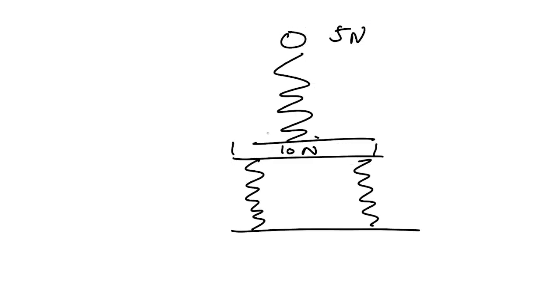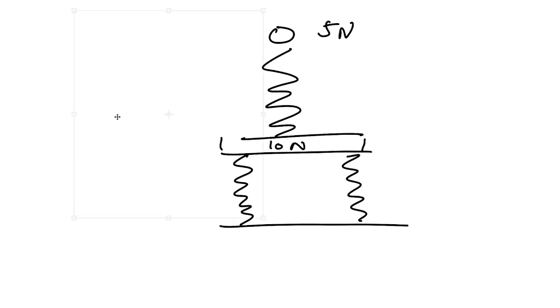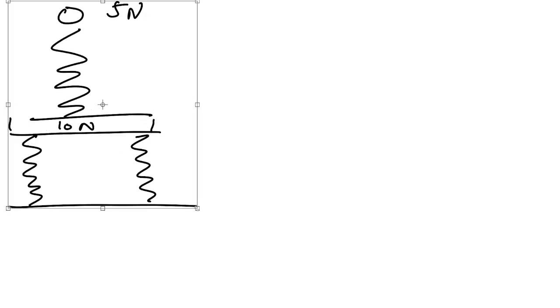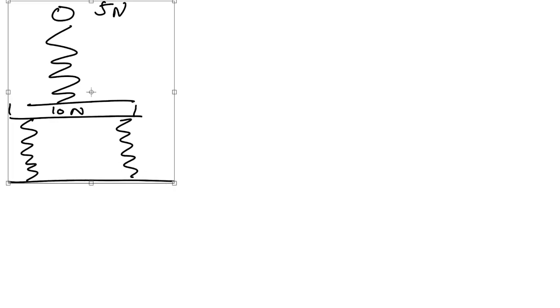So what's really important is we don't need to calculate the height change for this object, because it's only asking for the change in the height after we put on the ball. So we can just set the original height as the original height, and then we just have to calculate how much these springs compress after we put down this, right? So let me just move this while I have the time to do so. All right, so